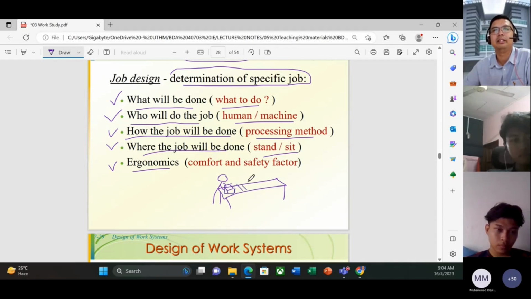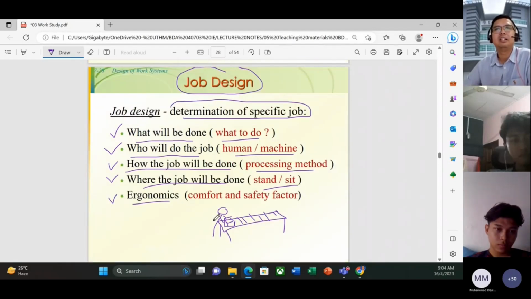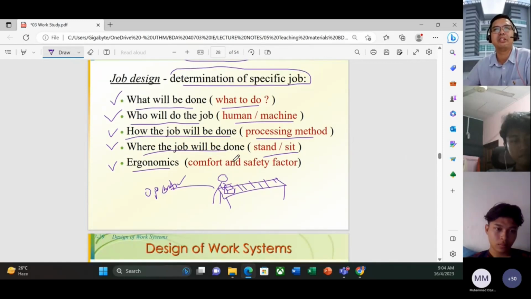Okay, this is trolley, this is conveyor. First, the position is operator. Please look at this, this is theoretical, operator. So what to do? Apa kerja? What is the job description? The packaging of the box. From here, pallet, this is box, pallet, taking from here, and up here to lift